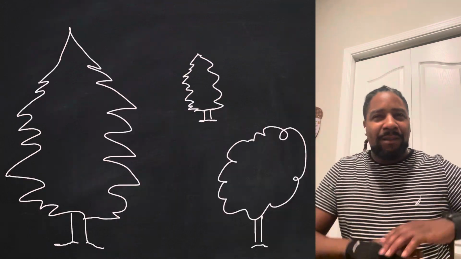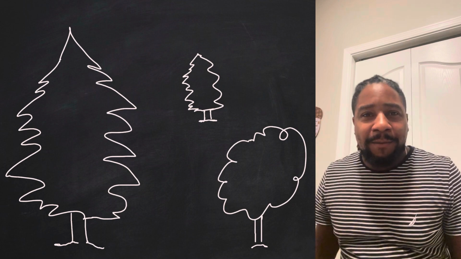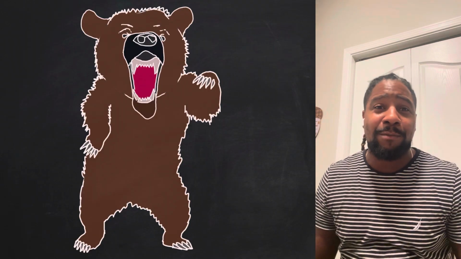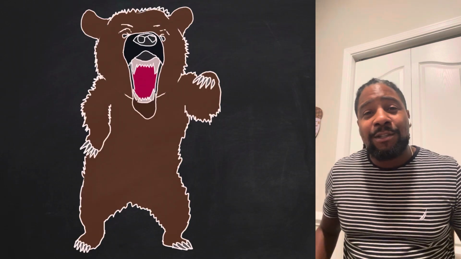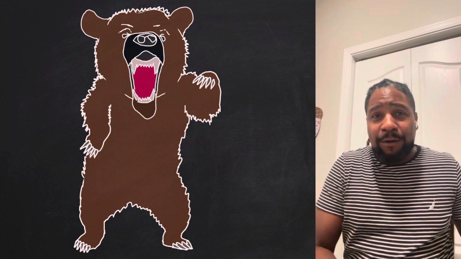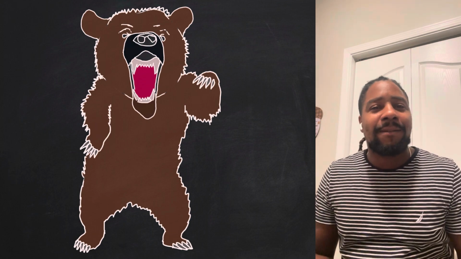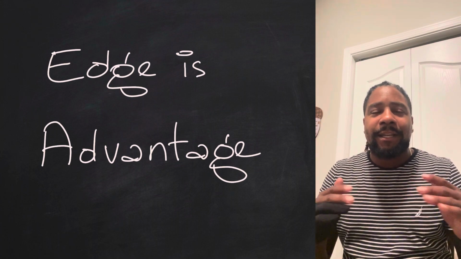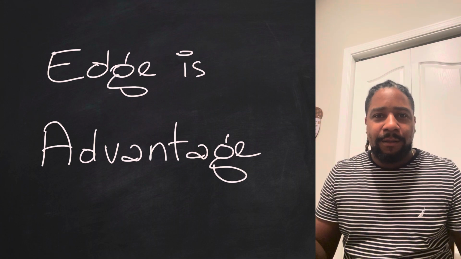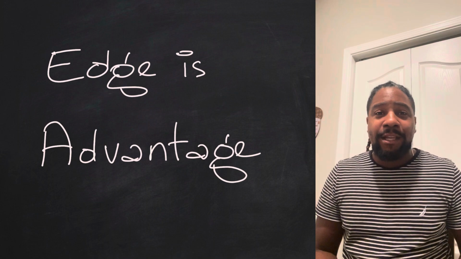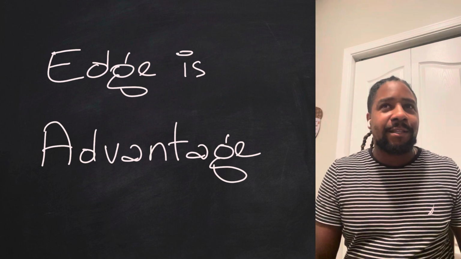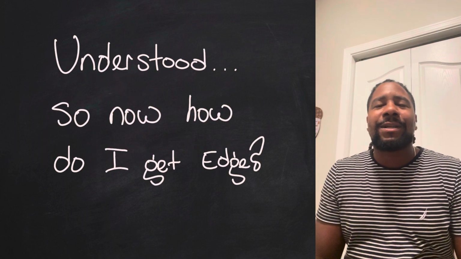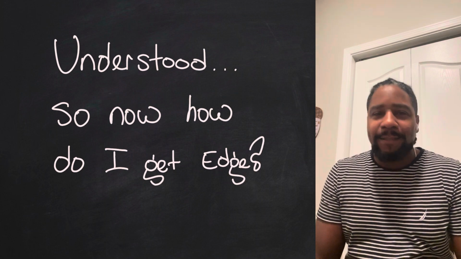If you, in the middle of a forest versus a mama grizzly bear who sees you as a threat against her baby cubs, who has the advantage? Well, the mama grizzly bear. Edge is just an advantage. Traders who have edge, they find some advantage in the marketplace. And so it's just that simple.